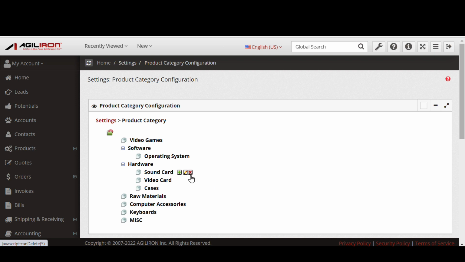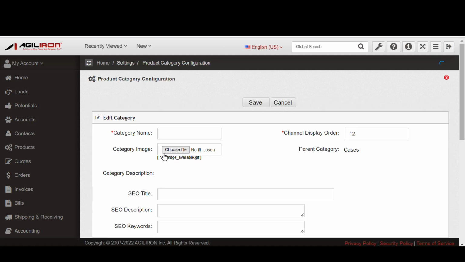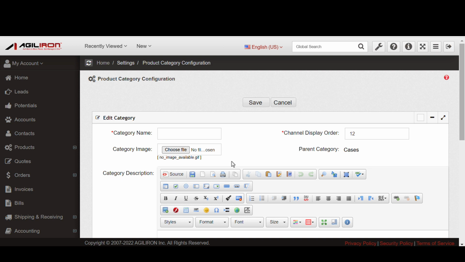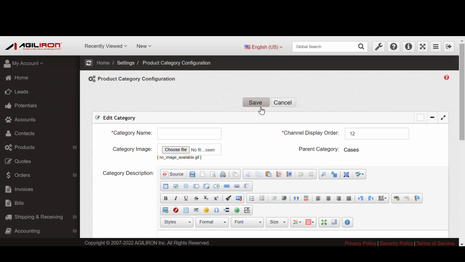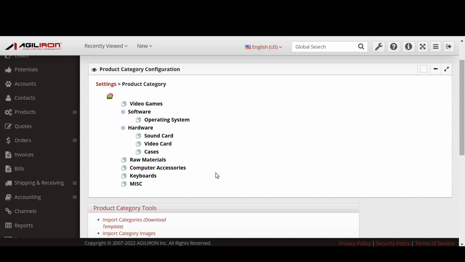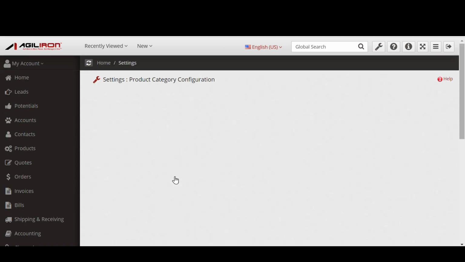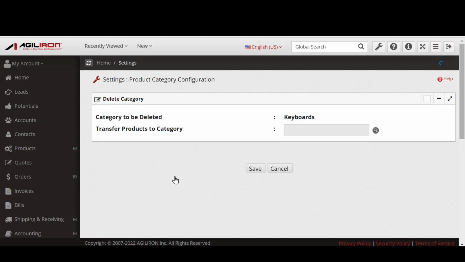Clicking on the Edit or Add icon will open the Edit screen, where you can add or update category details and click Save. When you click on the Delete icon, the X sign, the particular category will get deleted. Before deleting, you will be asked to transfer the products to any other category of your choice. Select the category